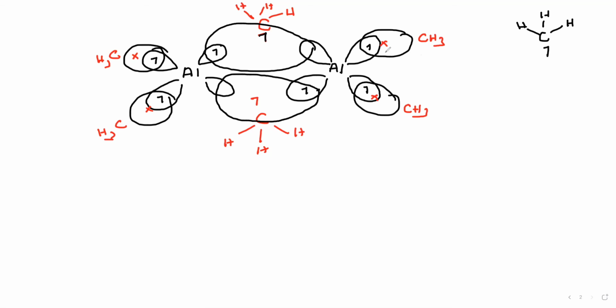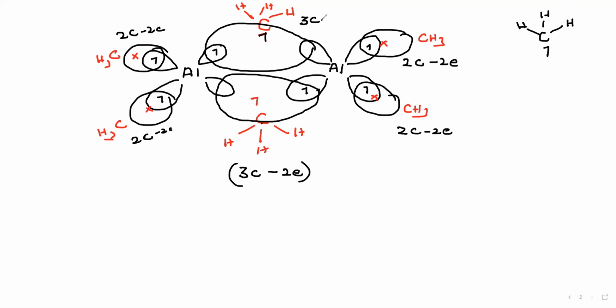Now look at this one, this is common, right? Aluminum, CH3, this is a 2 center 2 electron bond. This also the 2 center 2 electron bond. Understand? This also 2 center 2 electron bond, and this also. This one, aluminum, carbon, aluminum, is 3 center. But how many electrons participate? 1, 2. Therefore only 3 center 2 electron, like diborane. This also aluminum, carbon, aluminum, 3 center, 2 electrons. Therefore this also is 3 center 2 electron. This is called multi-center bonding. Yes or no? This is multi-center bonding.